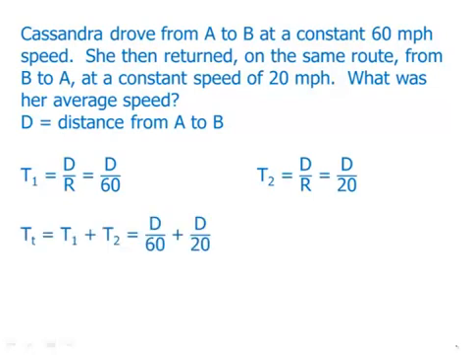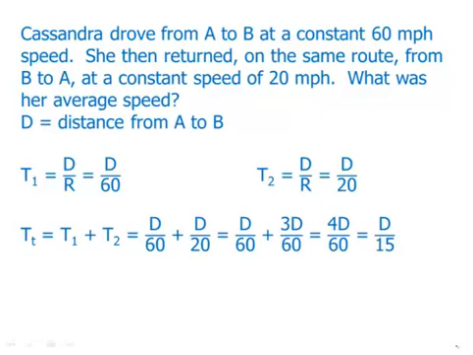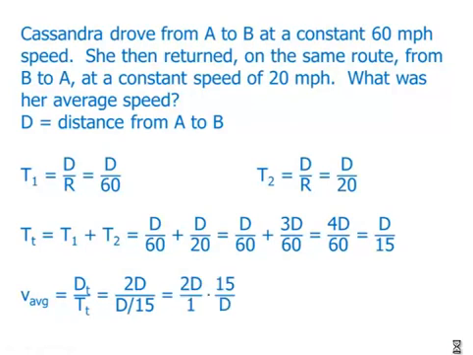The total time is the sum of those two times. We'll find the common denominator, combine them, and simplify a little bit. So the total time of the trip is d over 15. The total distance is 2d. So the average velocity is 2d over d divided by 15, which is 2d times the reciprocal of the fraction